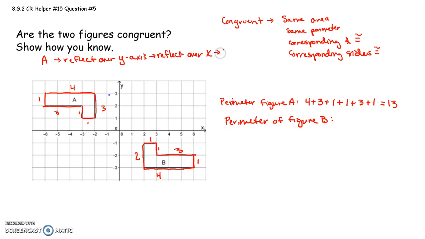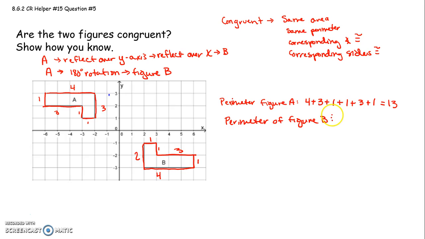You'll get to figure B. Also, if you took figure A and you did a 180-degree rotation, we'd get figure B. Reflections and rotations are rigid motions, and if you can get from one figure to another using rigid motions, they'll be congruent. But let's just double check the perimeter and area, because I think the one on your CR, I